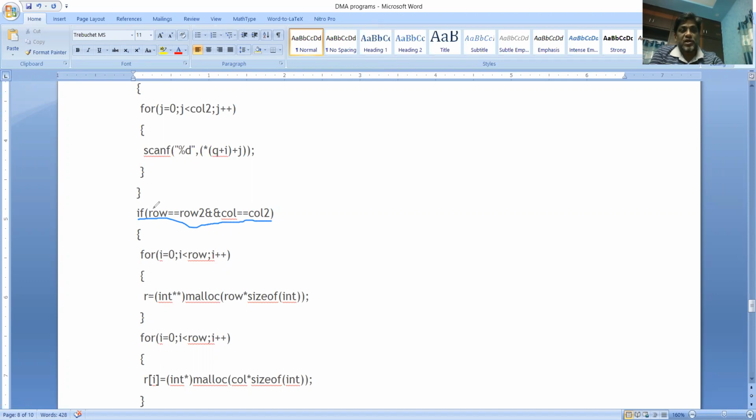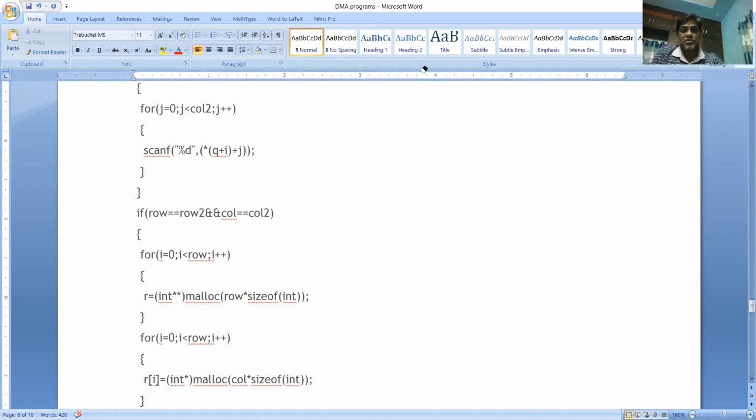If the number of rows in the first matrix equals the number of rows in the second matrix, and the number of columns in the first matrix equals the number of columns in the second matrix, then only all these things are possible. That means we'll create matrix R, add the values, and store the result into R.